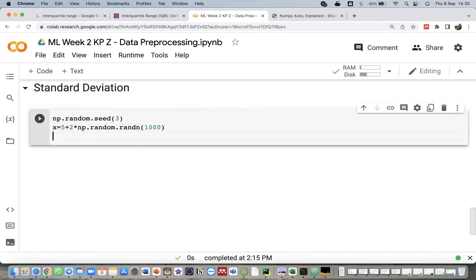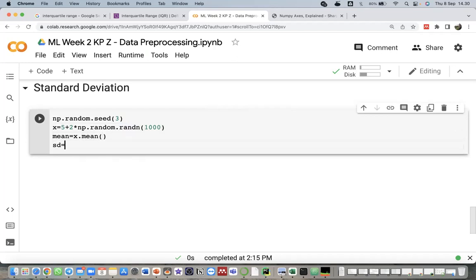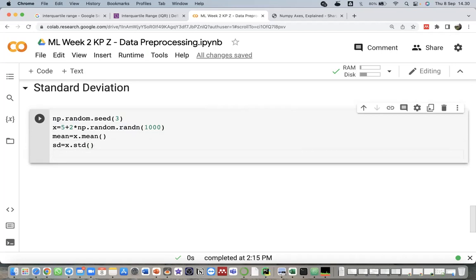For detecting outliers, we need to calculate the mean of our x data with x.mean, and the standard deviation as x.std. Then we can calculate the lower bound and the upper bound.